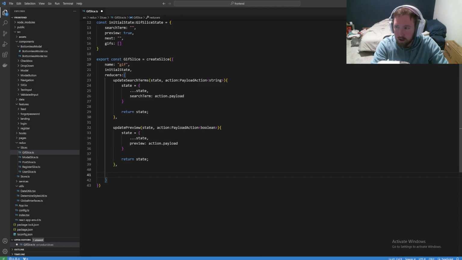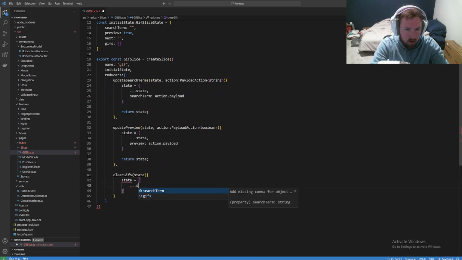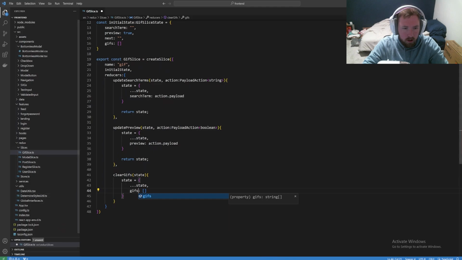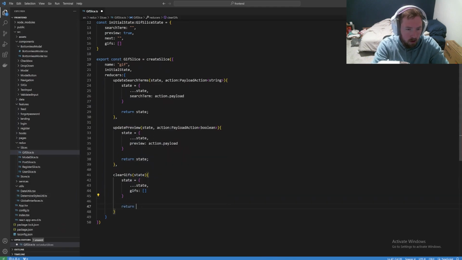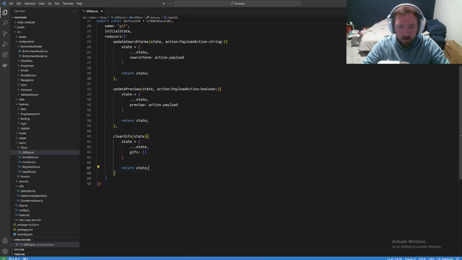And then finally, we're gonna have a clear GIFs, and this is just gonna take in state, and all this is gonna say is state is equal to state, and then our GIFs are going to be an empty array because we're gonna need to basically clear them out and add new GIFs, and then return state. So this is gonna be whenever we actually search for different GIFs, we need to go ahead and clear that